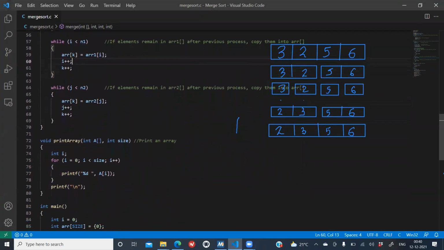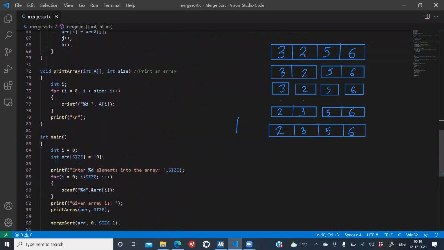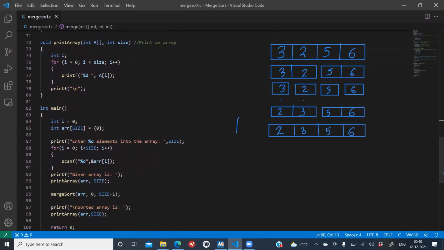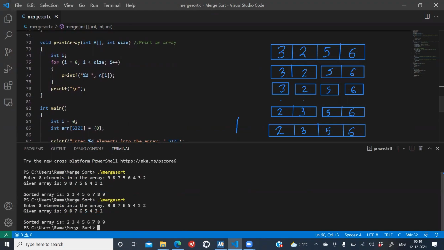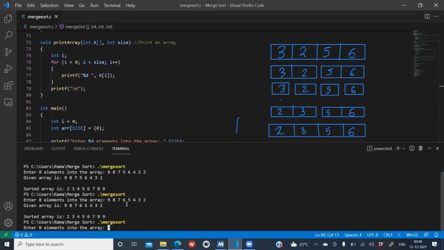Now we also have a print function to print the array. This is the main function to take an input from the user and to call the merge sort and print functions. So let us see the running of the code. So as you can see, I have written the merge sort function, and now I'm being asked to enter 8 elements into the array.